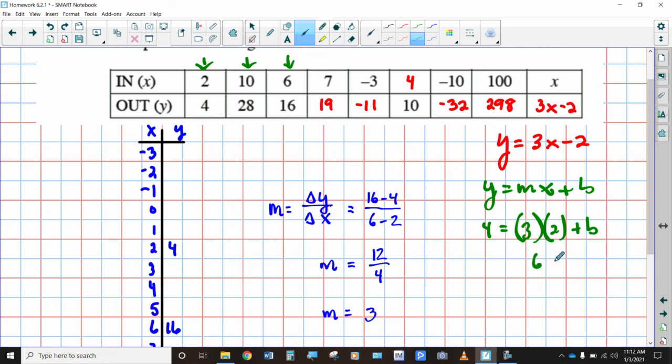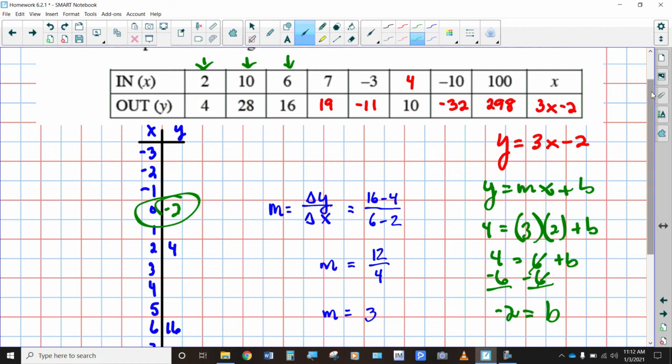3 times 2 is 6. And then when you subtract 6 from each side to get the b all by itself, 4 minus 6 is -2. And sure enough, that's our y-intercept. Okay? So there are many strategies that you can use to figure out the rule for this particular table. In that silent board game, doing a guess and check, figuring out the growth rates, setting up tables, using algebraic formulas, lots of different techniques that you can use to be successful with this. You just need to embrace one of them and go with it and make sure you get your answers right